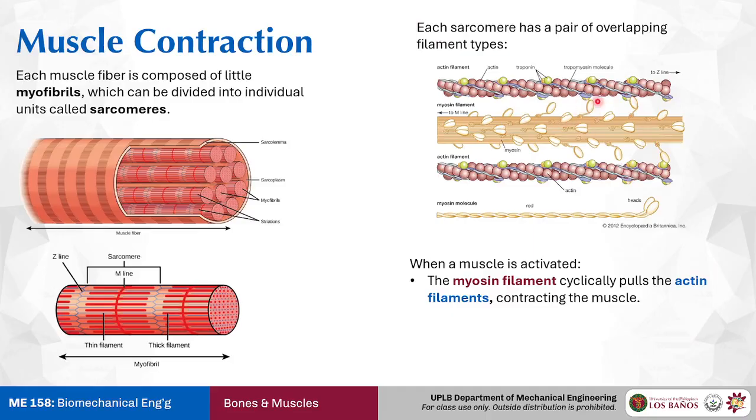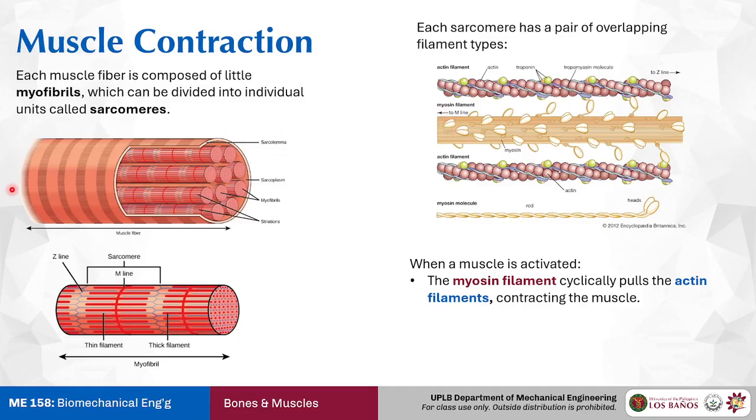So you think of the myosin head. It grabs onto the actin, then it pulls it towards its contracting direction, and then it lets go. And then it does this over and over. So it's kind of like little hands grabbing on a rope and then pulling it down, quote unquote, pulling it down.